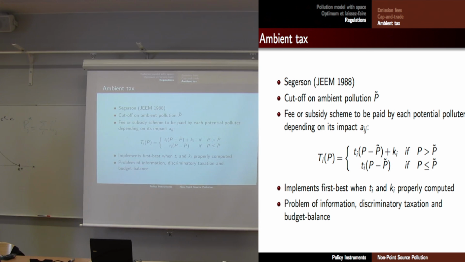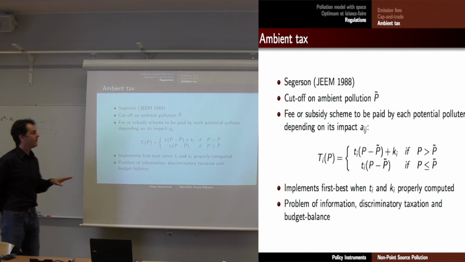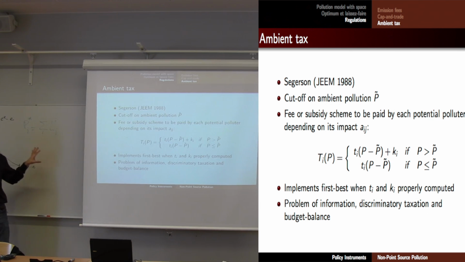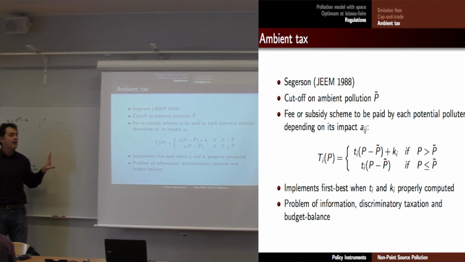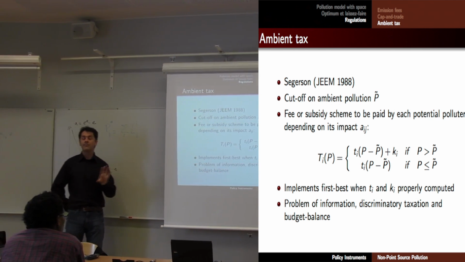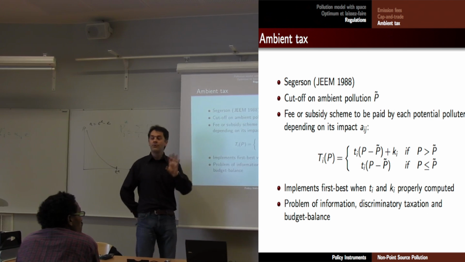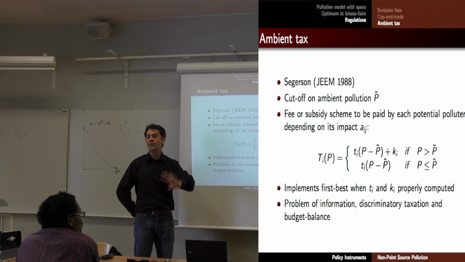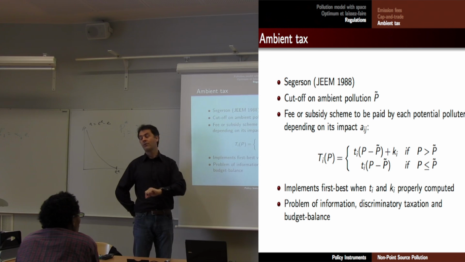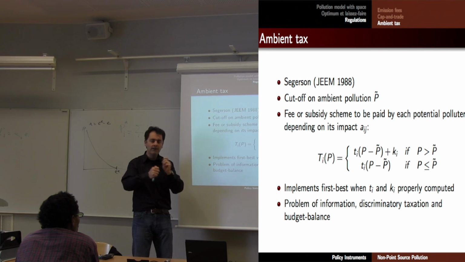Regulation: an ambient tax. Here the idea comes from the fact that what matters is ambient pollution concentration. There are several polluters affecting this pollution concentration, the pollution is accumulating, and the damage is convex. Therefore, the optimal level of pollution concentration depends on the emissions of many polluters. So one way to get something close to the first best is to